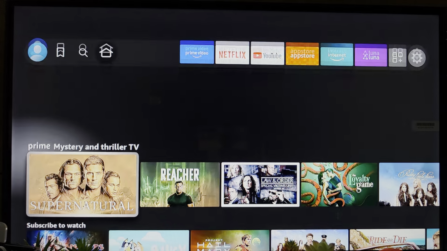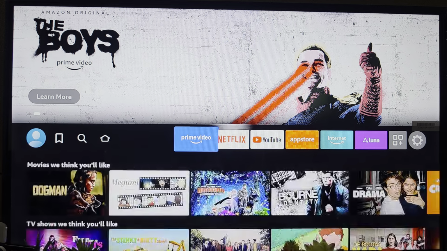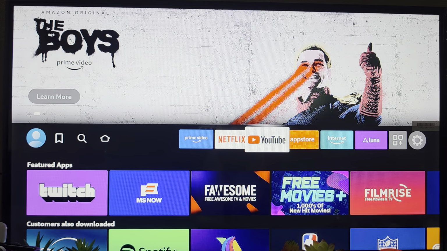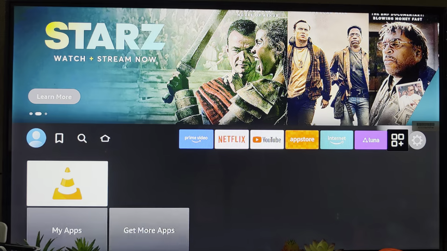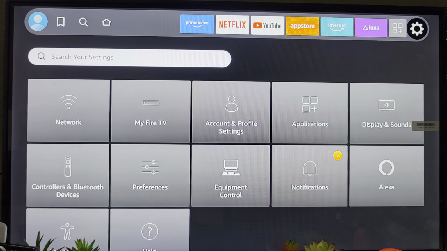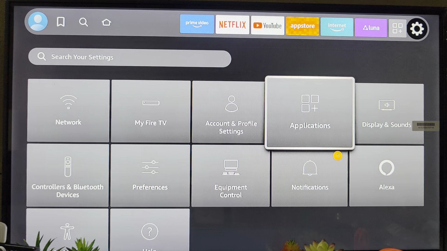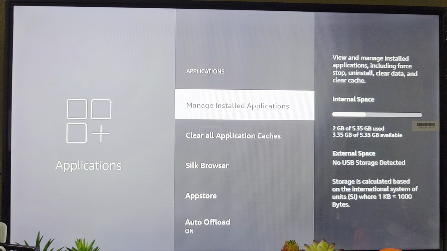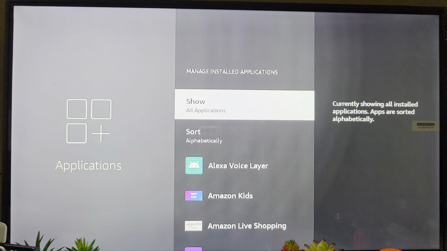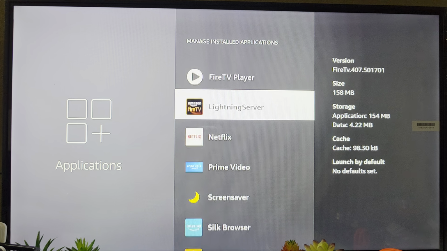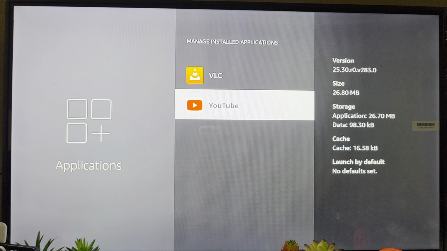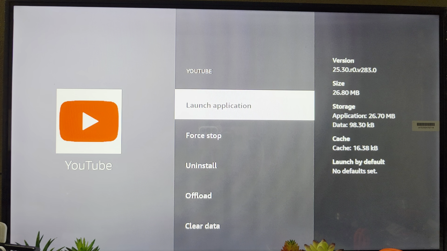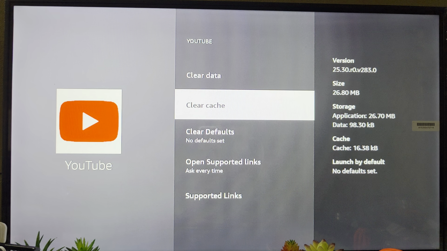First of all, if an application is not working as it should, let's say YouTube for example, the first step is to go to settings. Next, go to applications. Under applications, go to manage installed applications. Under here, go all the way down and let's use YouTube as the example. Select YouTube, and what you want to do from here, guys, is to go ahead and clear the cache,